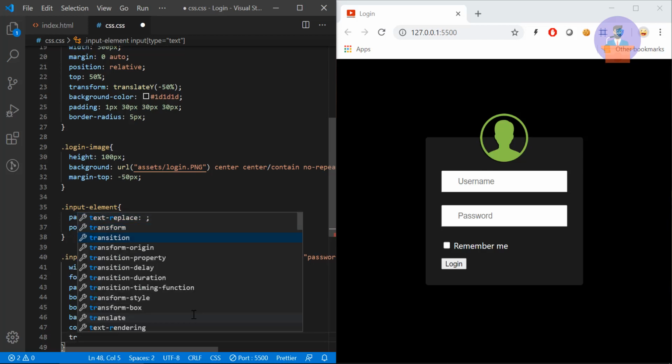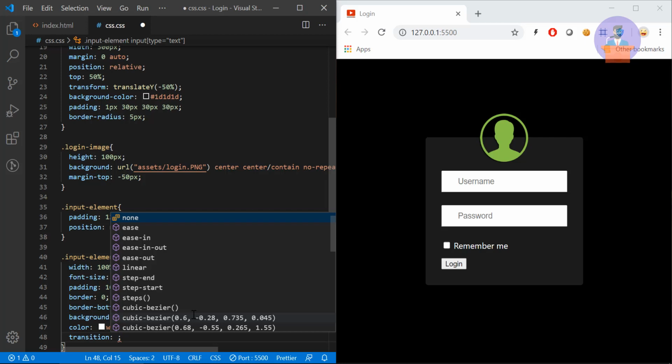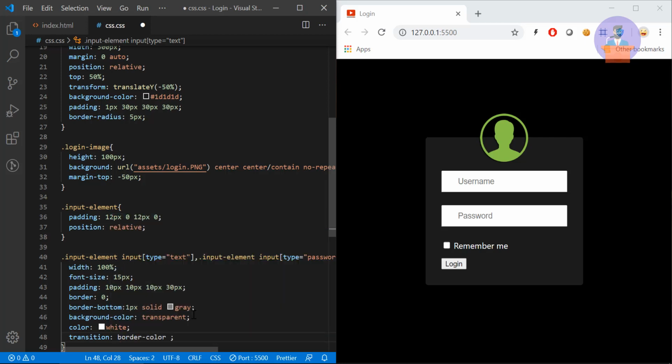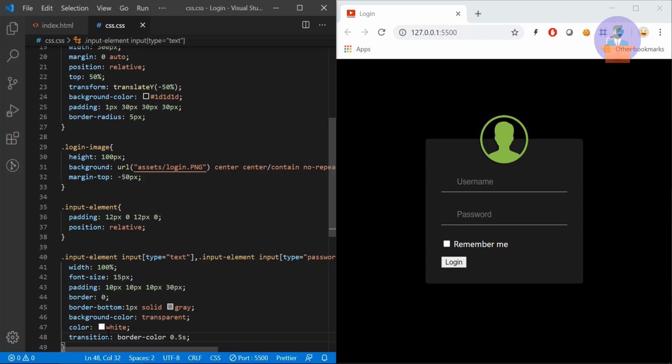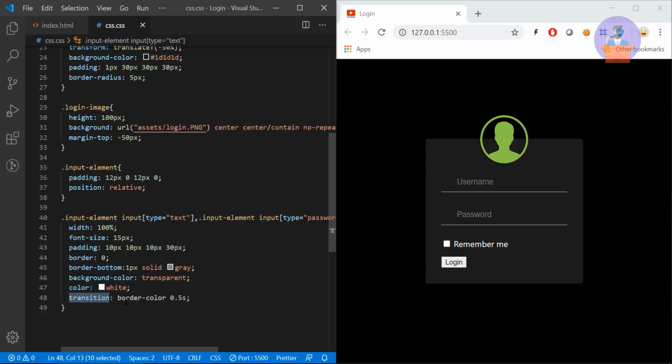So I'm using transition on border color, and I will provide the timing as 0.5 second. Okay, so we have provided a transition, so whenever we change the border color on hover, it will nicely transition from gray to green in a very smooth way.